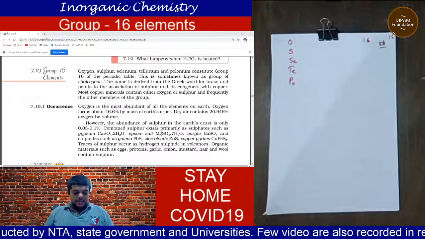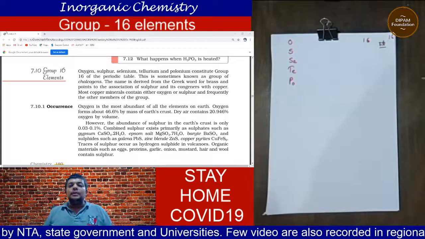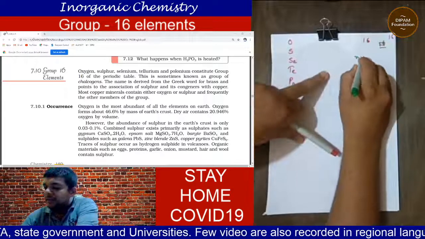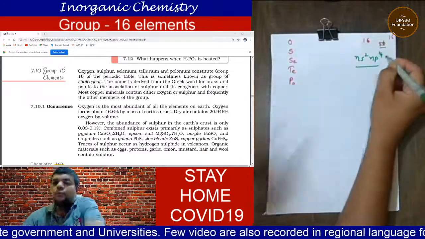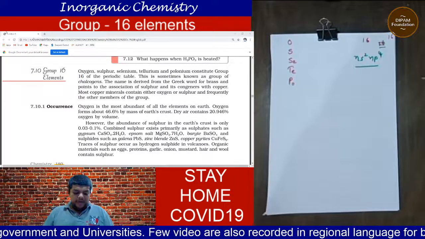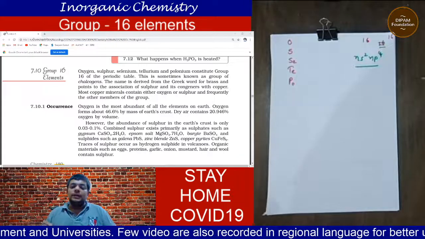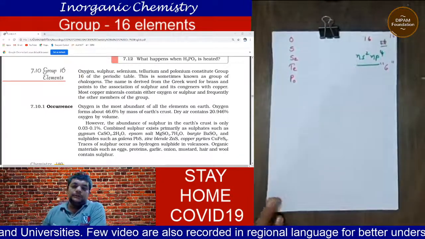Among these elements, it is very well known that the general electronic configuration for these elements is ns2 np4. As and when we write ns2 np4, we are quite aware that there are 6 valence electrons,